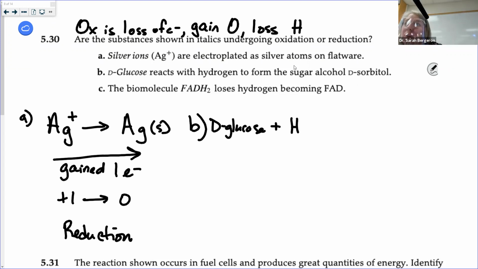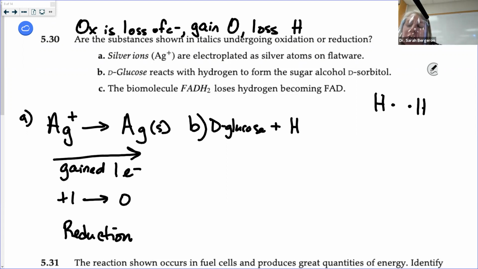Hydrogen never exists all by itself, right? It's only got one electron. So what's it going to do? If I have hydrogen, is it happy with one valence electron? No. How would it be really happy